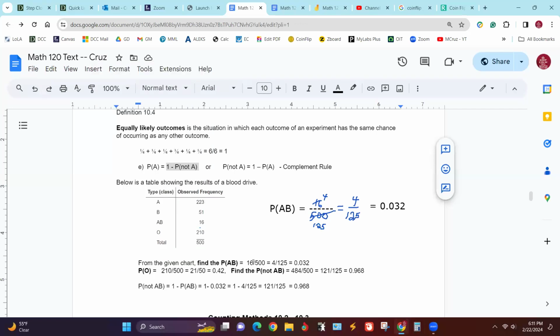And you can see I'd already done that at one time. All right. How about O? The probability of O. Probability of O is equal to